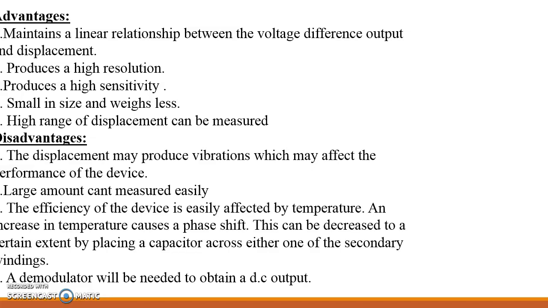Some of the applications of the LVDT: here the LVDT is used as a secondary transducer in a Bourdon tube. For a Bourdon tube, the pressure is given to the Bourdon tube. After the pressure is converted into the displacement, then the displacement is given to the secondary transducer, that is, the LVDT acts as a secondary transducer, then that displacement is converted into the voltage. It acts as both a primary transducer and also a secondary transducer. So these are some applications.